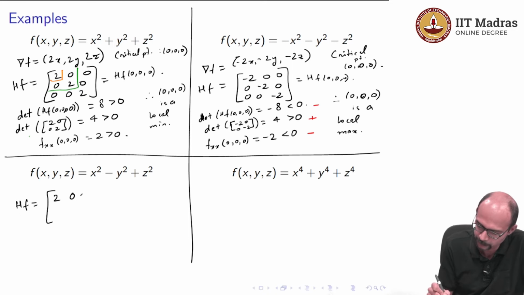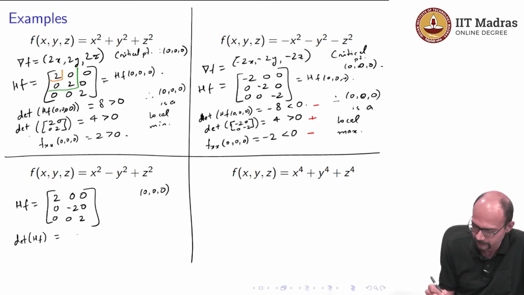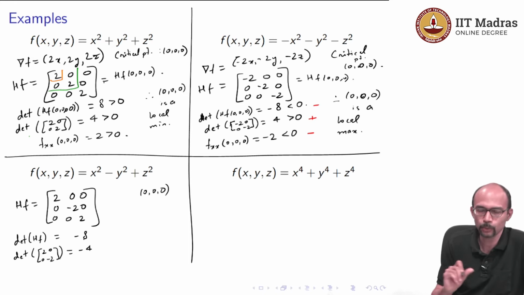So, the Hessian is going to be [2 0 0; 0 -2 0; 0 0 2]. So, the critical point is 0 0 0 and the signs you are going to get are: the determinant of the entire matrix is minus 8, and the 2 by 2 minor is 2 0 0 minus 2, which is minus 4, and already you can stop right here